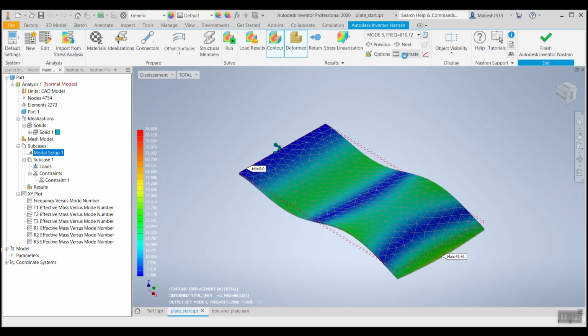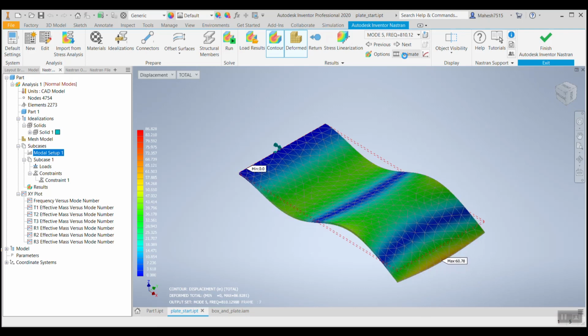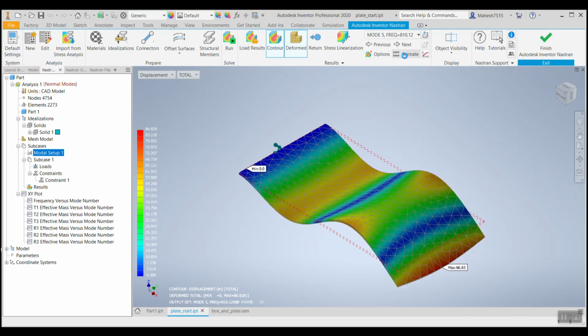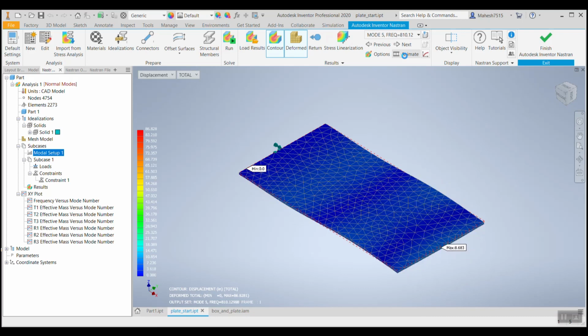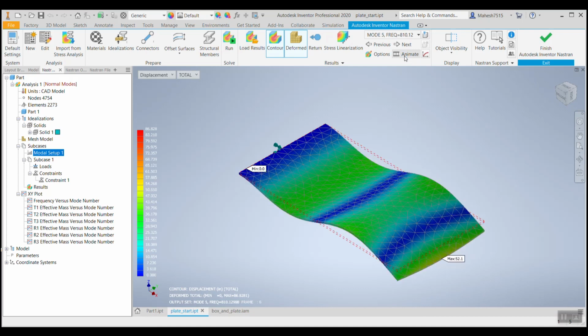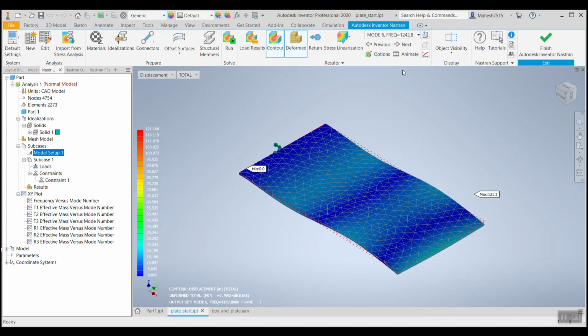So it's like we play with a steel ruler during our school or college days. It's the same set of vibration that we are trying to replicate here. You might have seen it visually, but this is actually what happens with the scale that we play with. We'll see for mode 6.